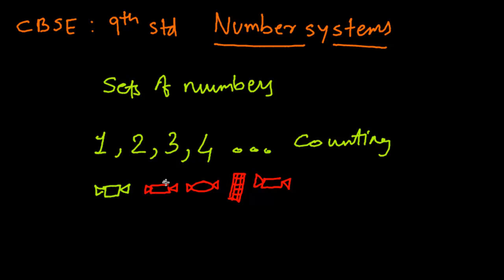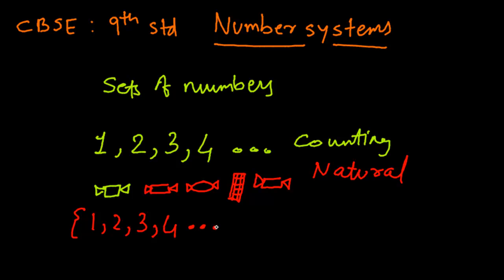That is, this is the first one, this is the second, this is the third, this is the fourth, and this is the fifth. Counting numbers don't include fractions, because while counting something, you are not going to say, okay, this is half a chocolate. No, it's not going to happen. You can't count something that is half. While you are counting, those numbers are always full, and this is why these numbers are called counting numbers or natural numbers. So the first set of numbers can be represented like this: 1, 2, 3, 4, dot dot dot.